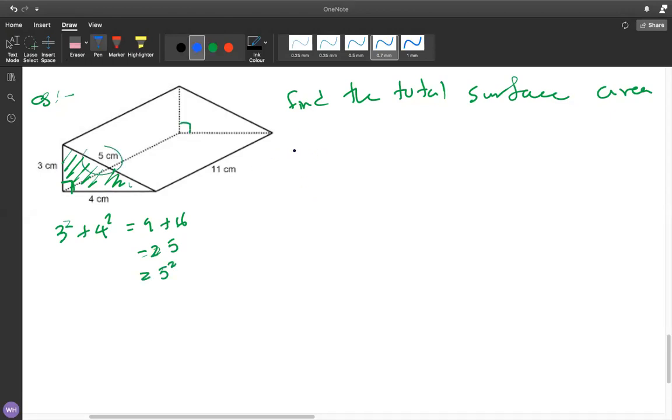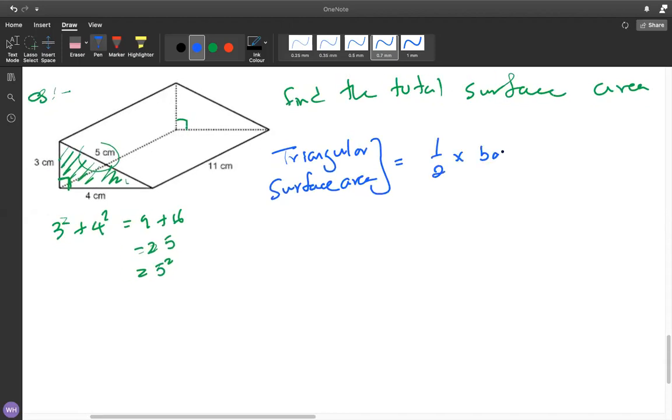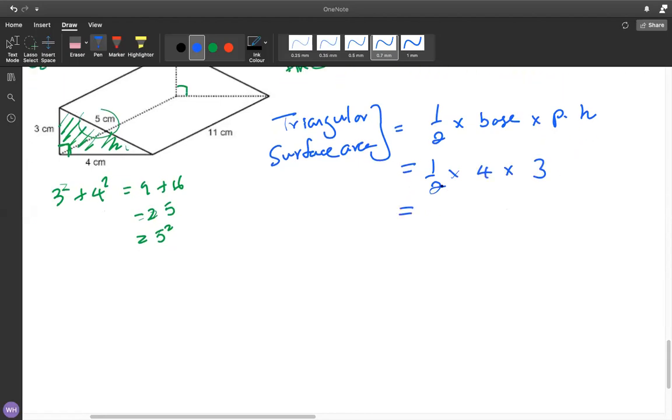So let's find anyhow. Okay. So triangular surface area. Right. Half into base into perpendicular height. So half, and the base of this one is 4 while the perpendicular height is 3. Right, guys? So this is 2 into 2 will cancel and you'll get 2, and altogether 6 in square centimeters. This is one triangular face,